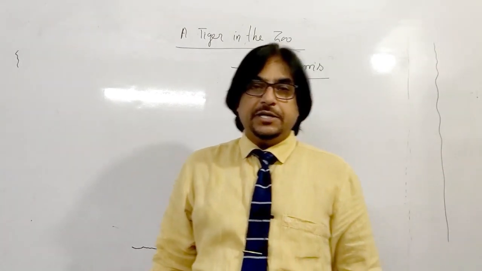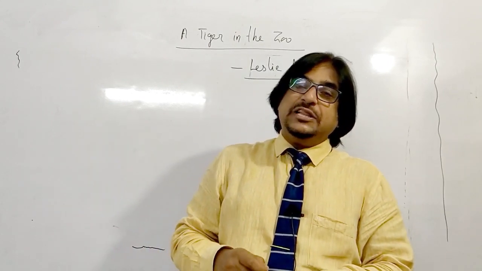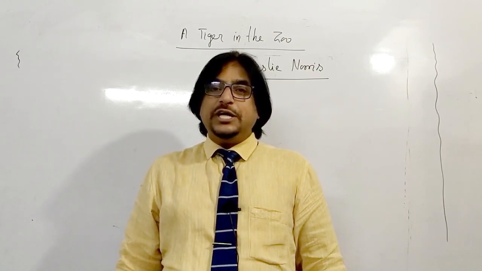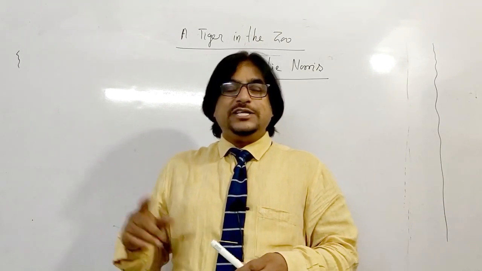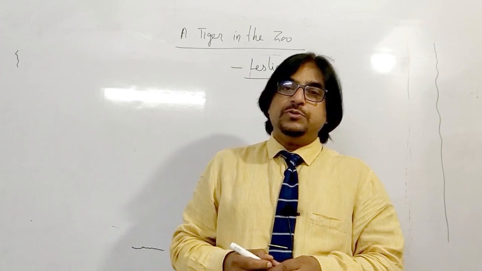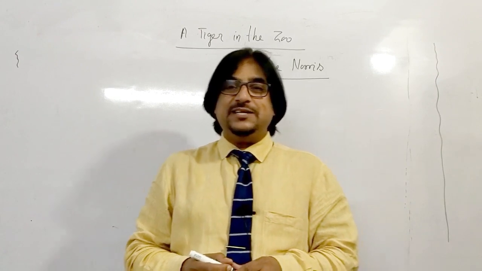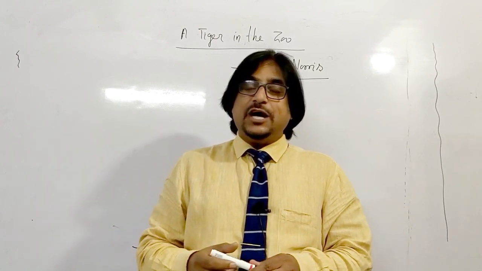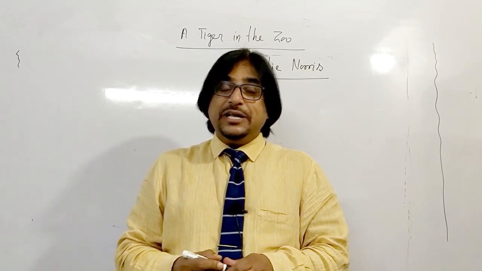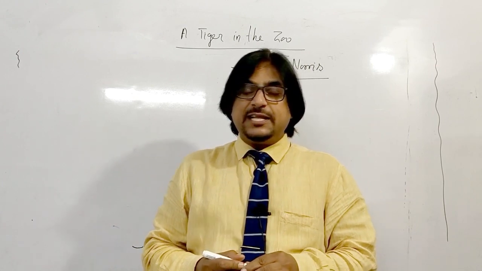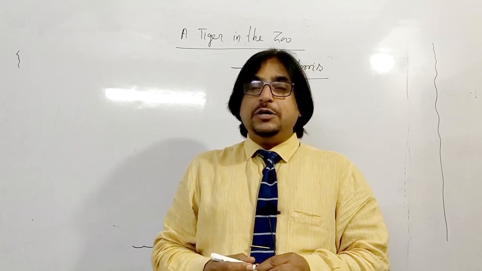Dear students, the poem contrasts a tiger in the zoo with the tiger in its own natural habitat. The poem moves from the zoo to the jungle and back again to the zoo. It's very surprising: a tiger is being treated here as a person. How he walks smoothly, quietly in his cage in the zoo. Then, when he is in the jungle, how patiently he awaits his favorite prey while lurking in the bush.